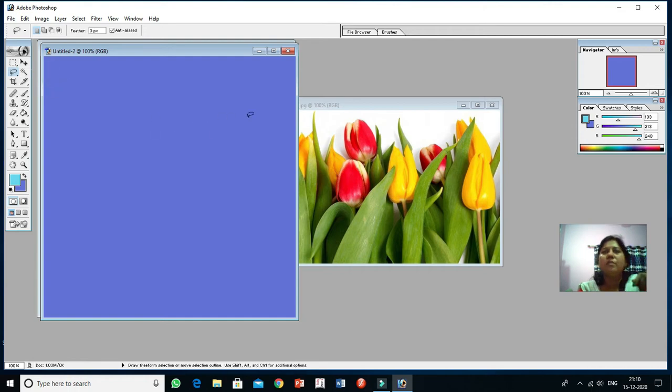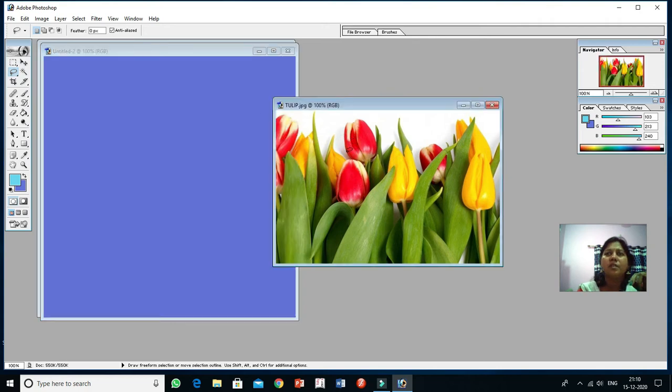Simple lasso tool, now see, you only have to drag and leave the mouse. So this one is highlighted or selected. For deselection, right click, deselect. Again right click, polygonal lasso. Now see, click, then click, then click.